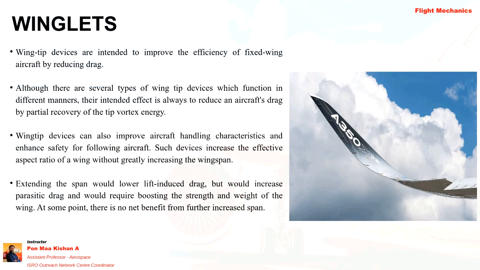Let's consider a rectangular wing, with span b and chord c here. Spanwise, this is our root and this is our tip. So the tip vortex will be higher,